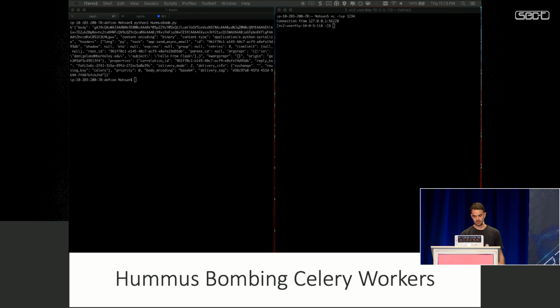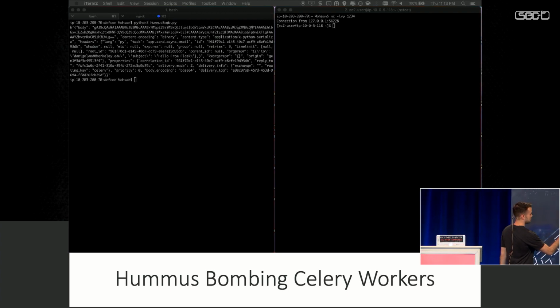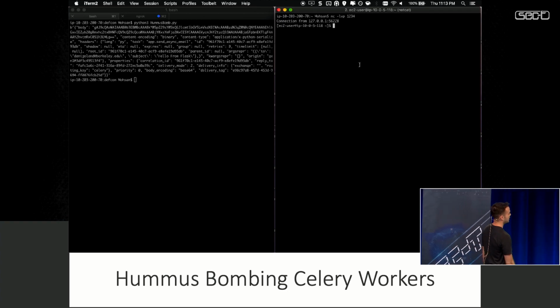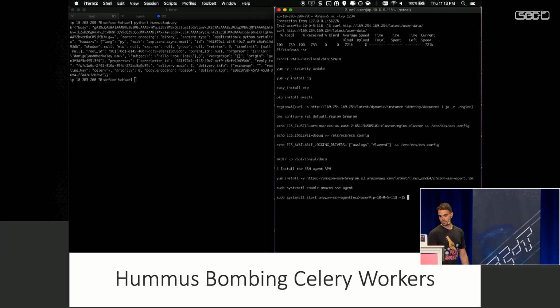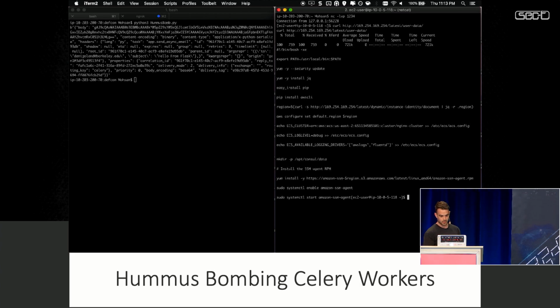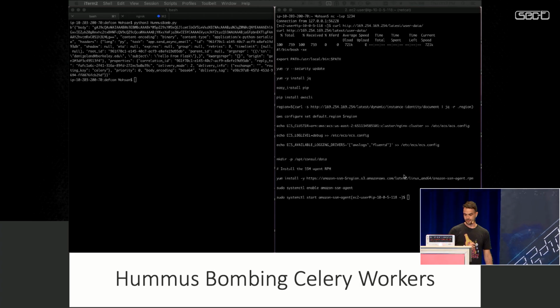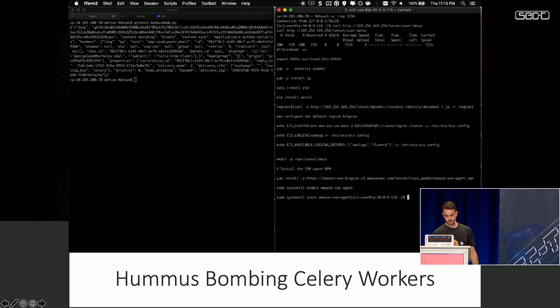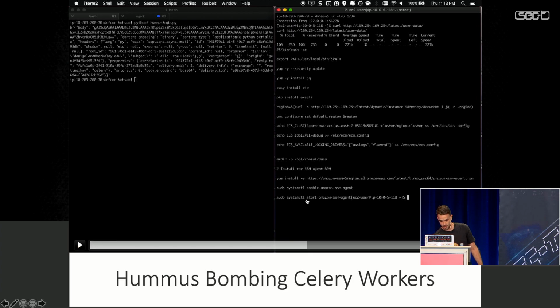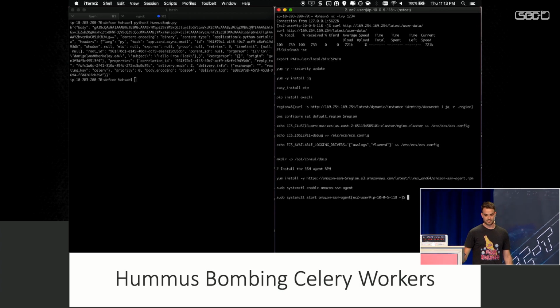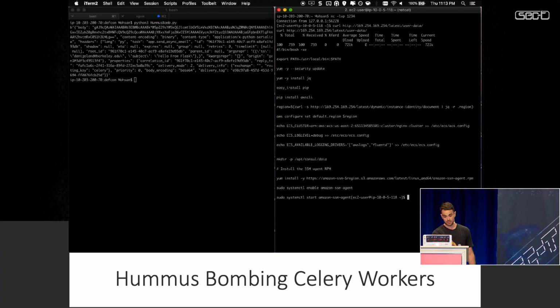So we have Netcat on the right side, and we'll have a shell pop up. There we go. We got a shell. We did a curl to the metadata server and got some user data. If you notice, it's running the Amazon SSM agent, which is Systems Manager. Just from doing that, you know what permissions the machine has, and that other machines can execute code on that machine, which is pretty good recon info,